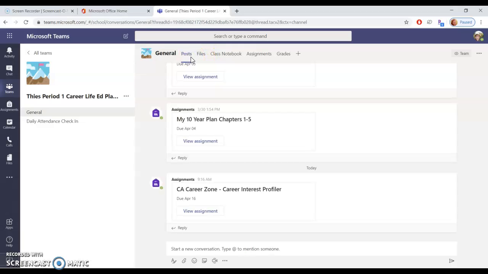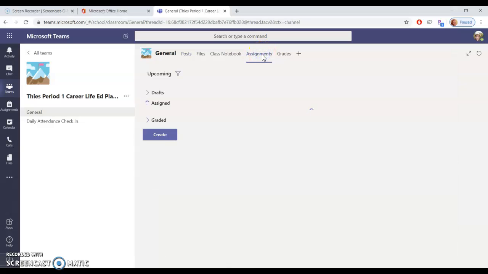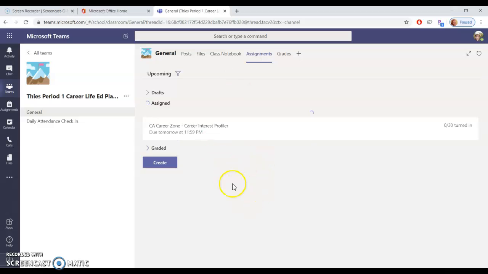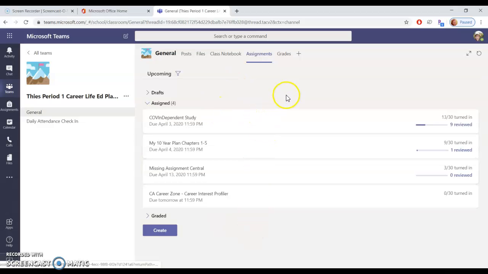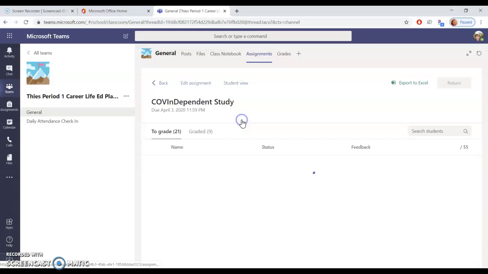Going back to posts now. You can get to your assignments from one of two ways. You can either directly click on the assignment that I have posted in the channel, or you can go up here to the Assignments tab. So if you click on that, it will show you all of the assigned items: this independent study, my 10-year plan, a place where I'm going to have you post any missing assignments from way back before we went to independent study, and then the new one from today. I will be posting this one in a later video. What I want to do is go into independent study,